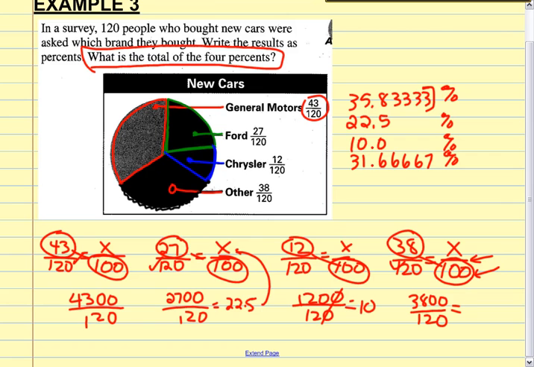Okay? Well, let's see. It said, what is the total of the 4 percents? All right, well, I'm just putting some zeros in here, so I'll have them for adding. All right, 3 and 7, that's 10, carry my 1. 1 and 3 is 4 and 6, that's 10, carry my 1. Oh, wait, this